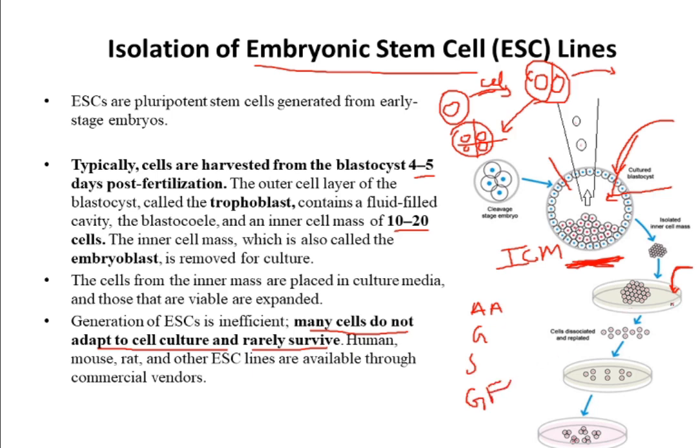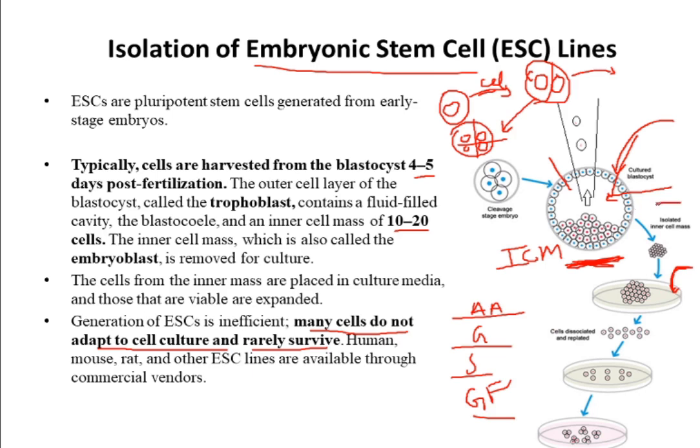So that media is a liquid which has a source of amino acids, a source of carbohydrate, and this balanced salt solution, so that the osmotic balance and micronutrients required for the cell to develop are there. Besides this, the media is also providing growth factors, which provide signaling molecules to those cells to divide. Okay, so all this is there in the media, and all this assists the cell to divide.